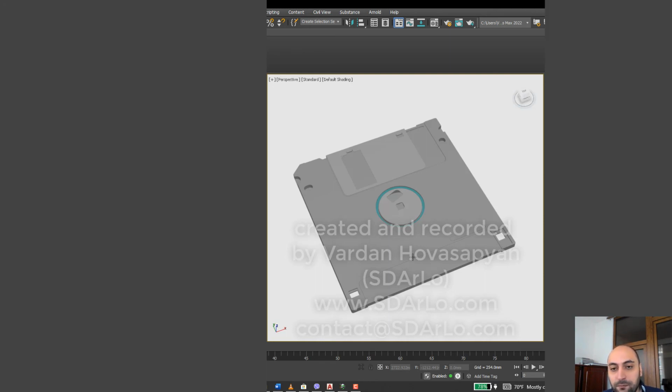SDArLo AI and SDArLo Scene Manager are tools used throughout production and completion. So these are tools used throughout the production technology,